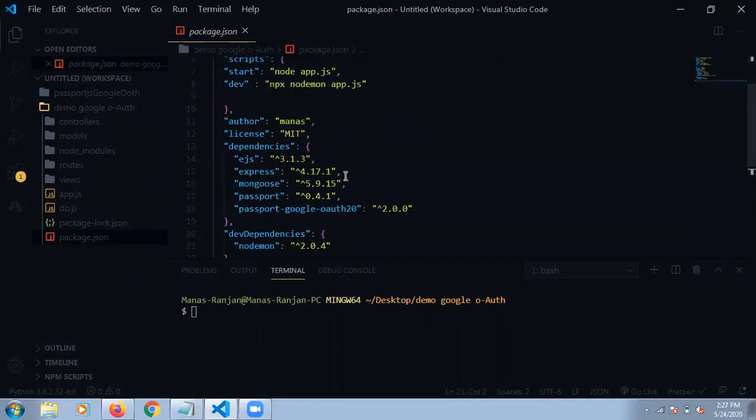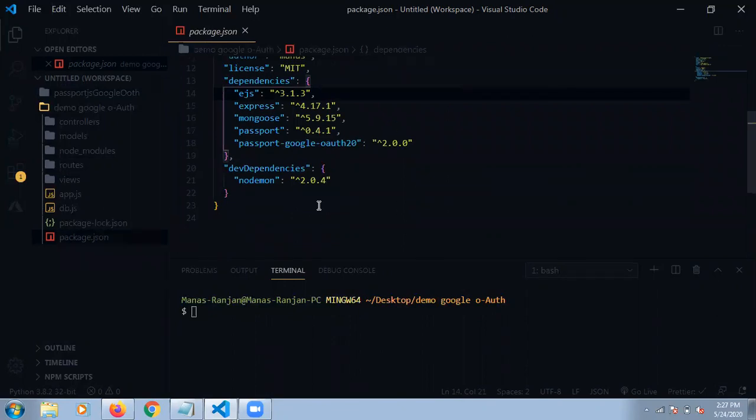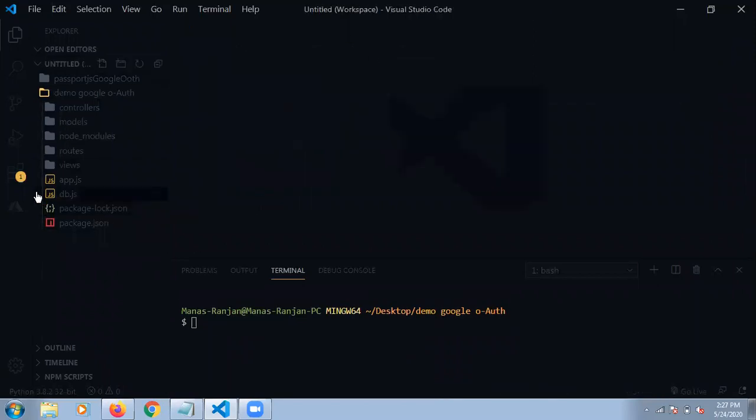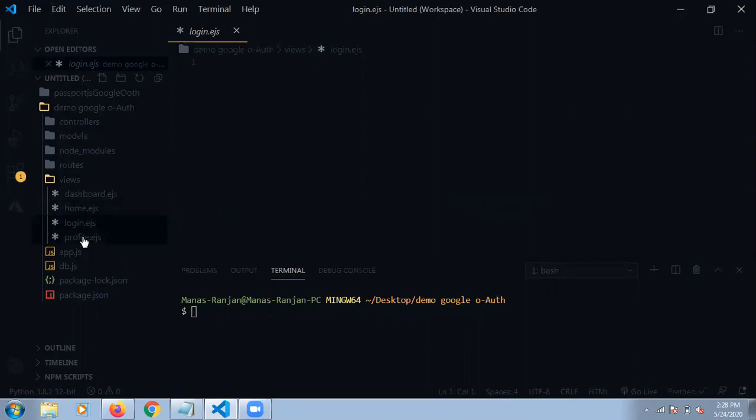Yesterday I forgot to explain something about the session. When the session is going to be used in our browser, at that time I will explain briefly what the session is and how it is helpful. First of all, you already know that we are following the MVC pattern, and in this MVC pattern we are creating a controller folder, a models folder, and a routes folder. There we already made dummy files: form.ejs, login, and profile. These are the three files, and we are going to use them as .ejs.